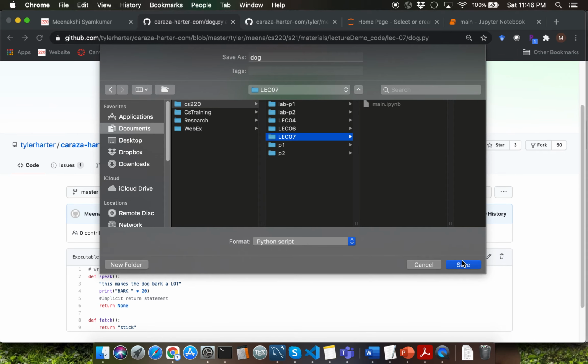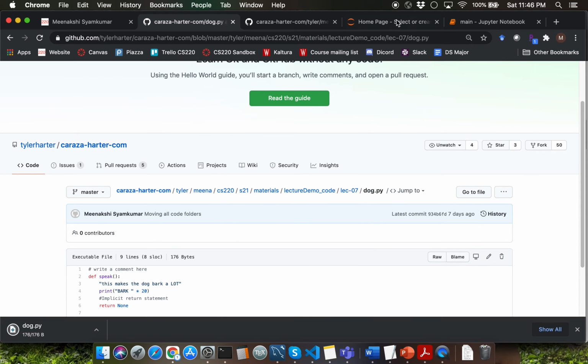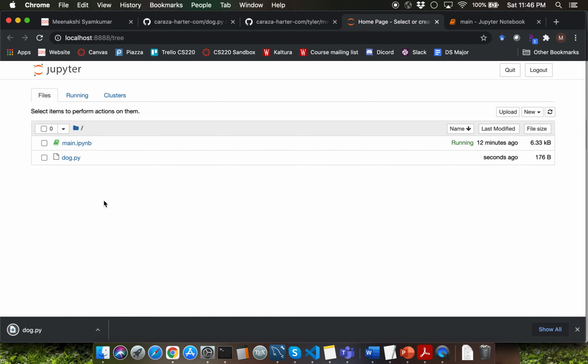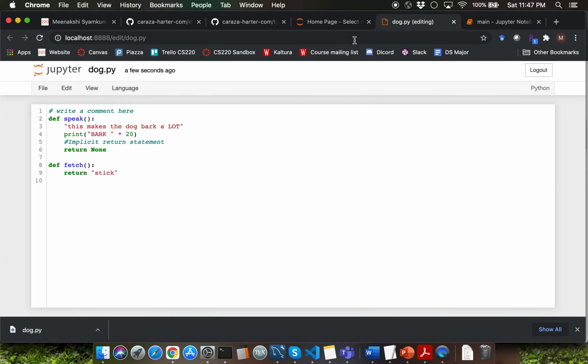Let me switch over to my Jupyter Notebook session. Observe that we have a new file now which is dog.py. You can open this file using the IDLE editor or alternatively you can just click on it and that will open the file in the Jupyter Notebook session for you.